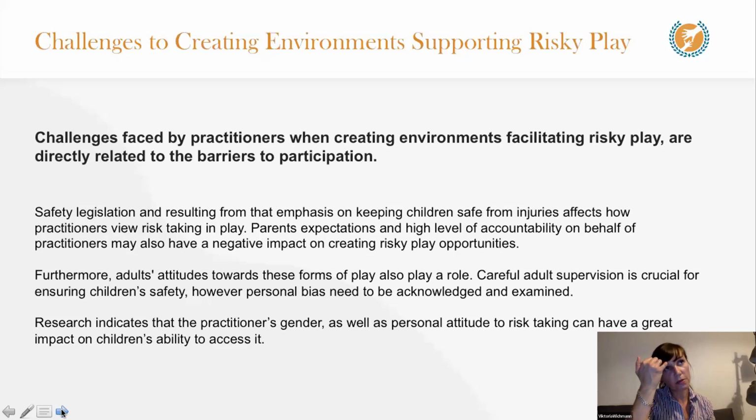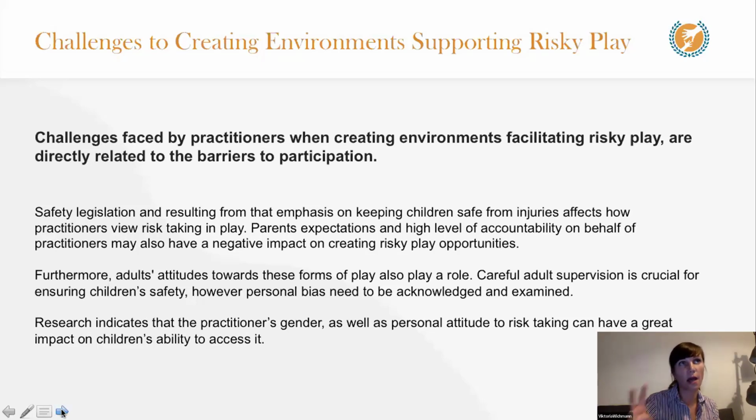So the research shows that male practitioners are generally those who are more happily engaged in risky play alongside children, are those who will be more likely or more willing to create risky play opportunities, and are less likely to stop risky play.